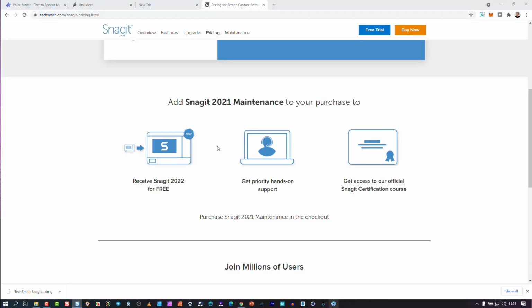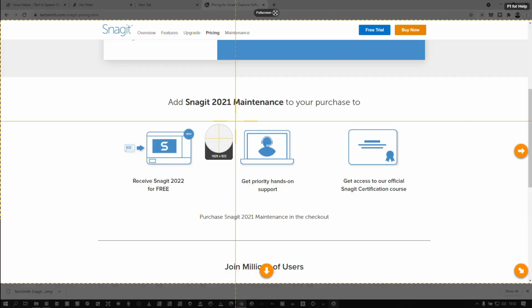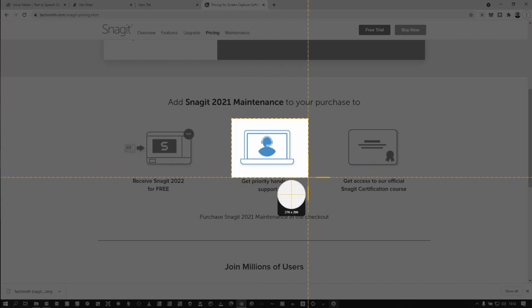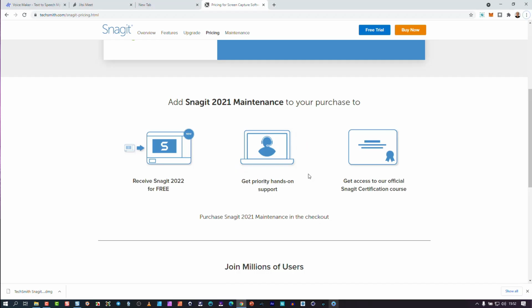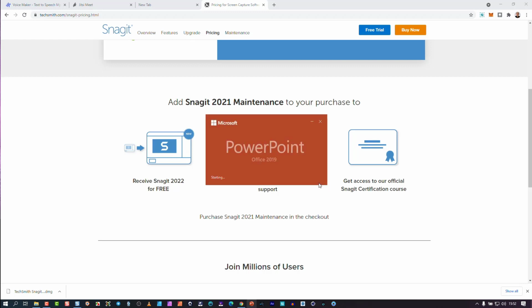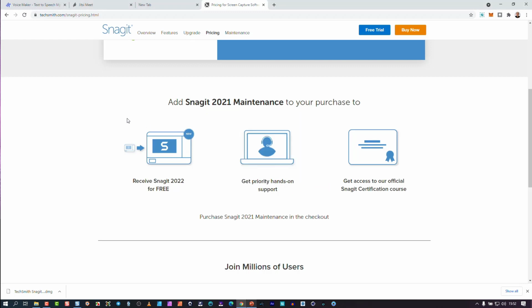So I'm not going to really show you the Alt S, but maybe I should just Alt S. It's going to do the same, but if I do this here now, nothing's going to happen because it's just put it in a clipboard. If I open up PowerPoint, I'll show you that piece. So when PowerPoint opens, I've literally done the snap it now, and I'm going to paste it